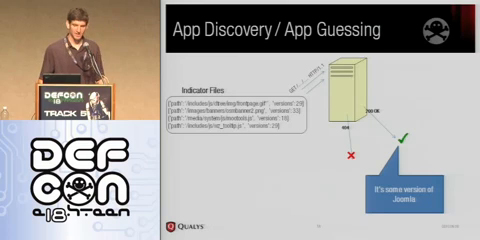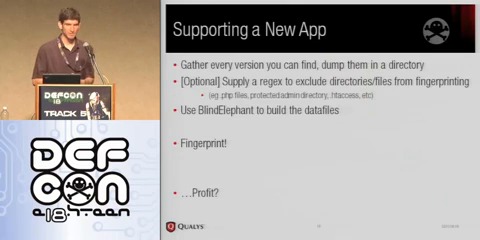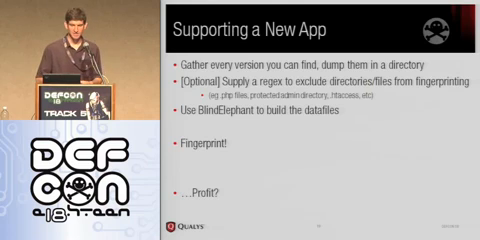So yeah, send those to the file. If one of them comes back, cool, we know it's there. It's some version. Then you can turn around and do a regular fingerprint operation. Supporting a new application, sort of alluded to this earlier, is dump every possible version you can find into a